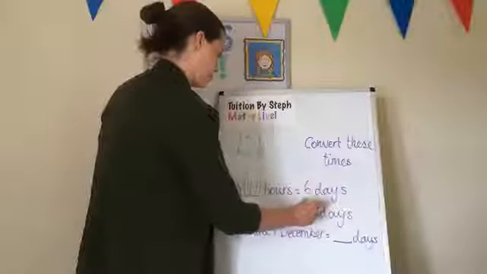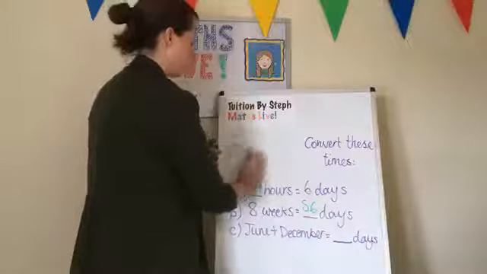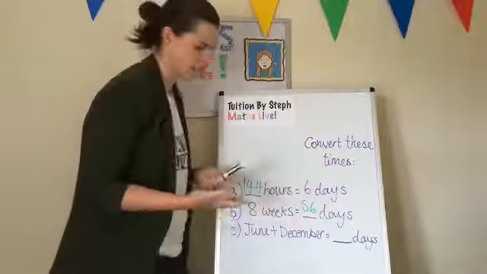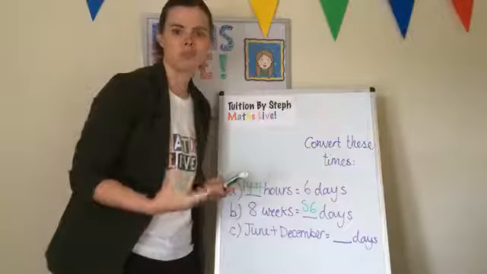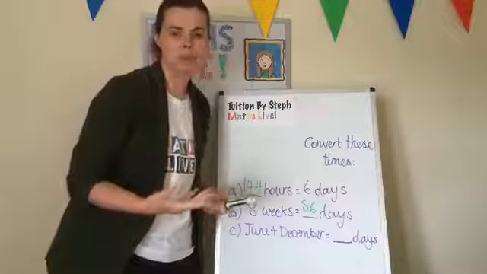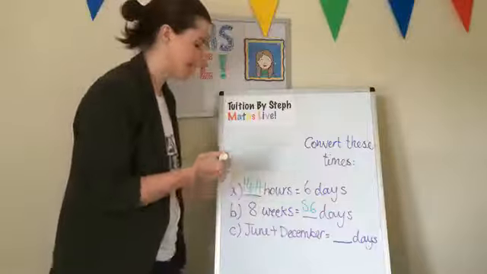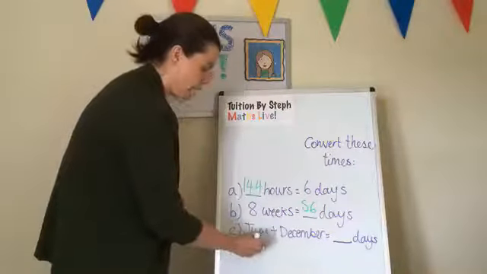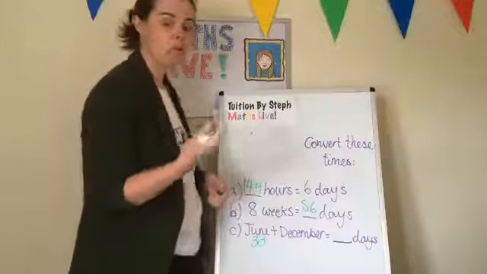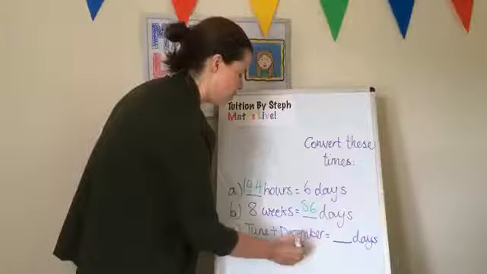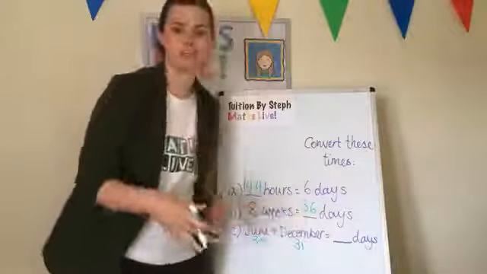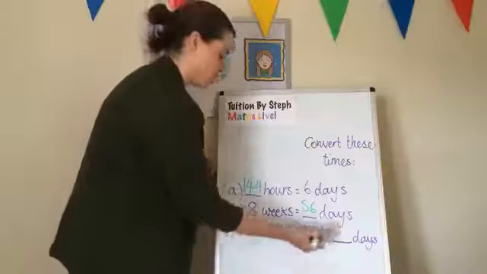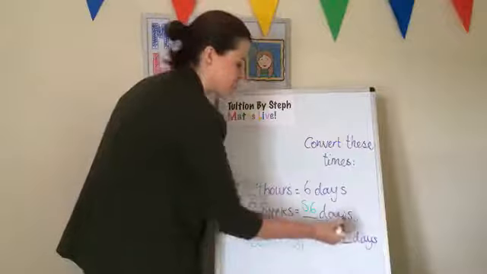Okay. And then the last one, we've got to remember, right, how many days are there in June? How many days are there in December? And it's remembering that little rhyme, that little poem from yesterday. So 30 days have September, April, June, and November. All the rest have 31 except February alone, which has 28 days, apart from a leap year, so it has 29. So it's 30 and 31, so that's 61 days.